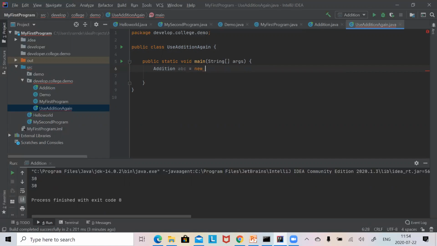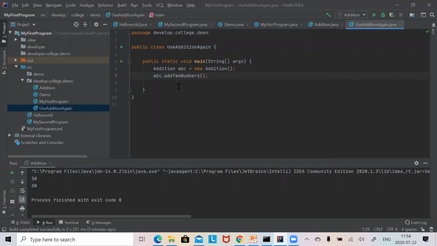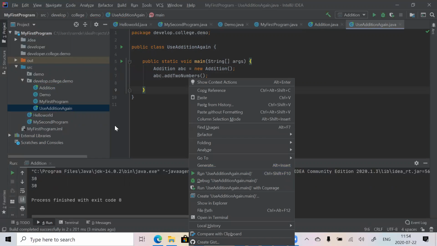Then again the new keyword, then again the same thing. This is how I created the object of that class. So we are now in that class, and now I'll do the same thing. I'll write this ABC dot add two numbers. Okay, now if I run this program, just because I want to reuse that, I have created the object of